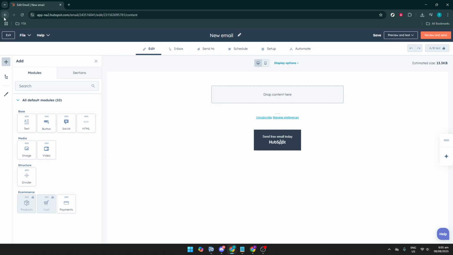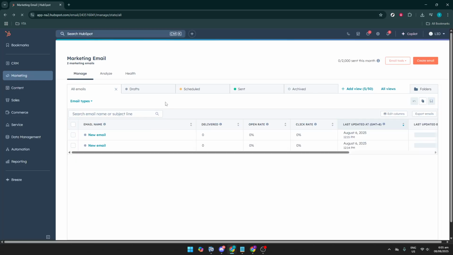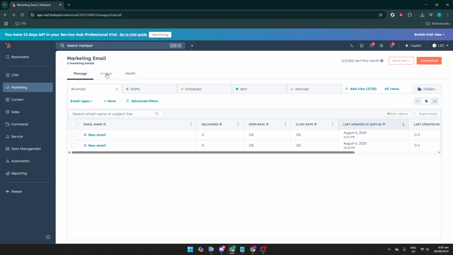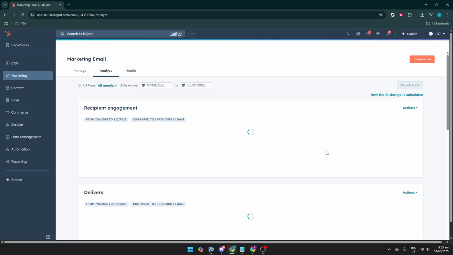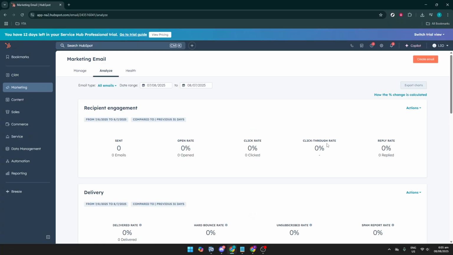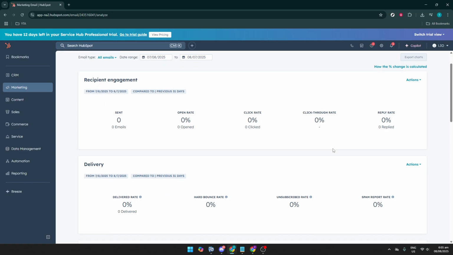Once your email is drafted to your satisfaction, the crucial next step is to analyze its performance. Head over to the Analyze section. Here, HubSpot provides a robust analytics tool that allows you to track metrics like open rates, click rates, and recipient interaction rates. These insights are invaluable for understanding how well your communications are resonating with your audience, enabling you to